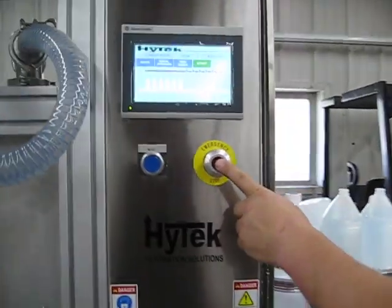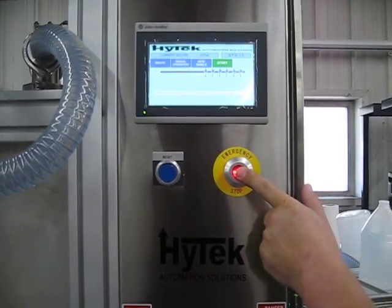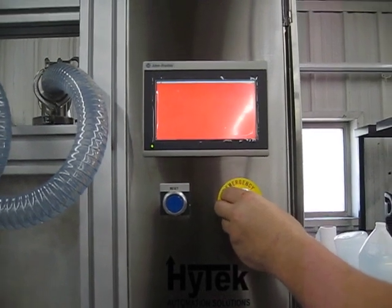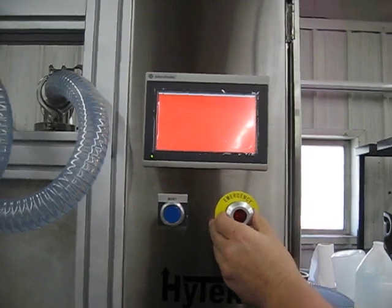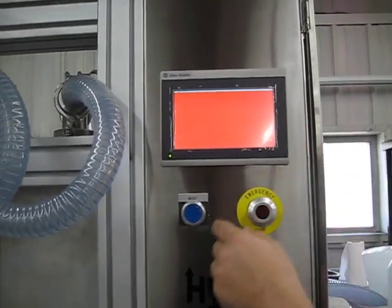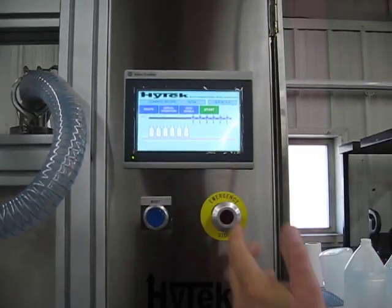We have an e-stop. If there's an emergency, you hit this, the machine will stop all motion and return to its safe position. To clear this occurrence, you pull the switch back out. The alarm is still present. To clear that alarm now, you have to acknowledge it by hitting the reset button,